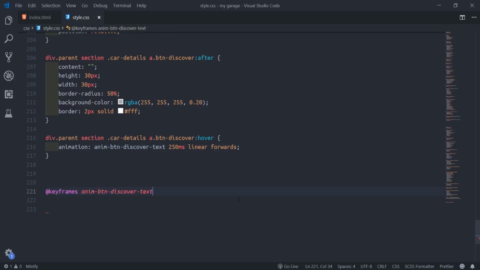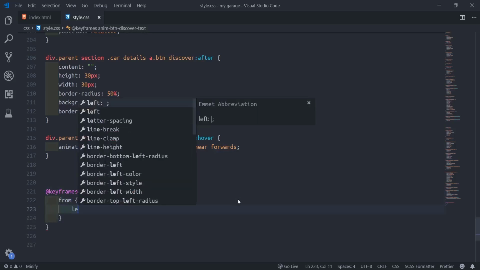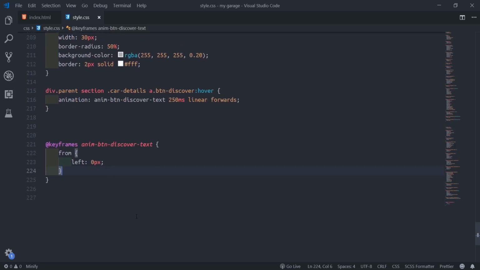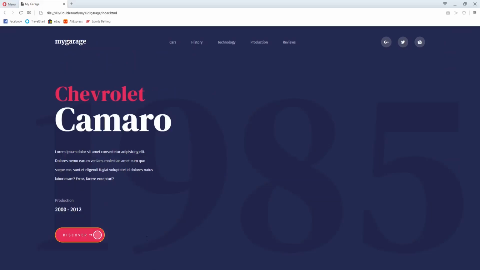Then we want to animate from left, which is 0 pixel, I'll put my semicolon, to 10 pixel. Let me refresh and see. We'll hover now.